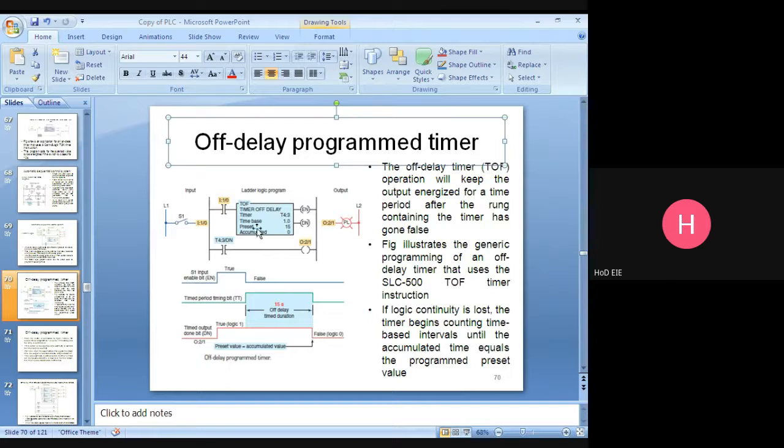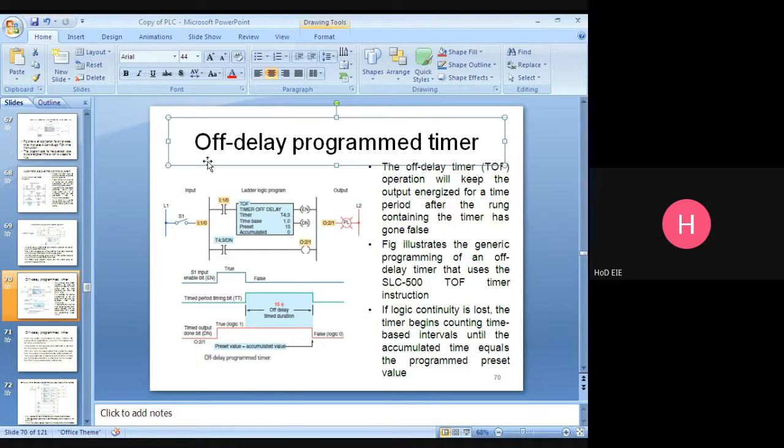Once the switch is closed, the enable bit will be energized, whether it is an off delay timer or an on delay timer. You just remember this one. Then the done bit is also energized immediately.